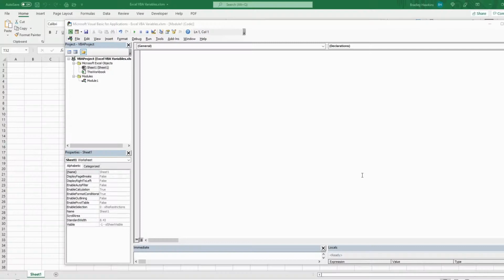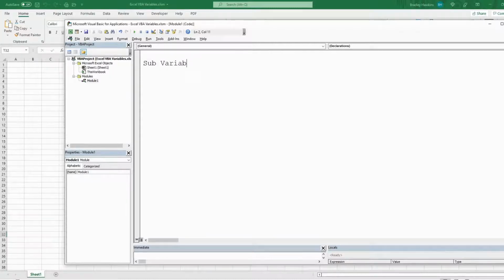In this video, we're going to cover variables in Excel VBA. Think of variables as code words that you use to store values in, and then you can refer to those code words later in your code. So we're going to create a new subroutine called variables,